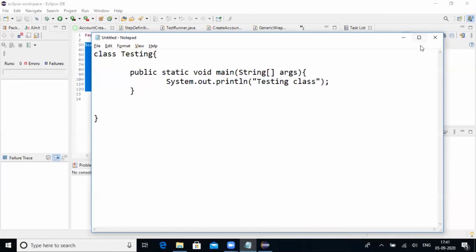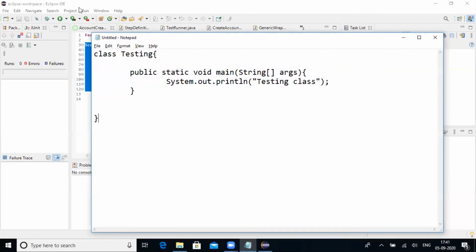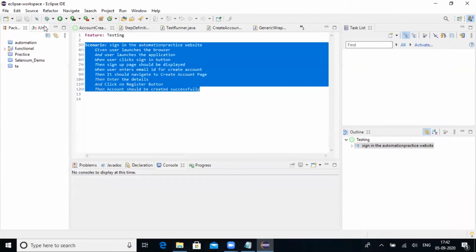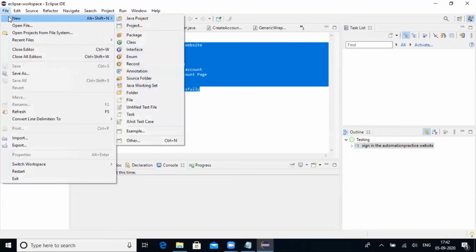Now we will see how to create this class in the Eclipse IDE. I have typed everything in a notepad. We'll see how to create a project in Eclipse. This entire thing is related to a Java project. Eclipse will allow you to create any number of projects, like a Maven project, Gradle, and simply a Java project. Now I'm concentrating on creating a simple Java project. I simply go to File, New, Java Project.